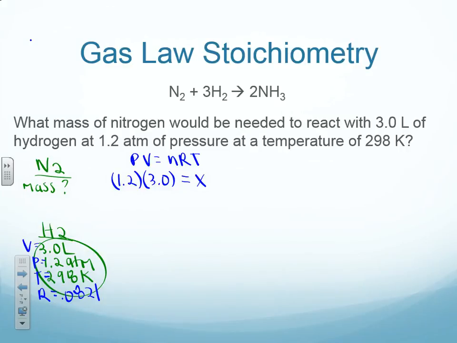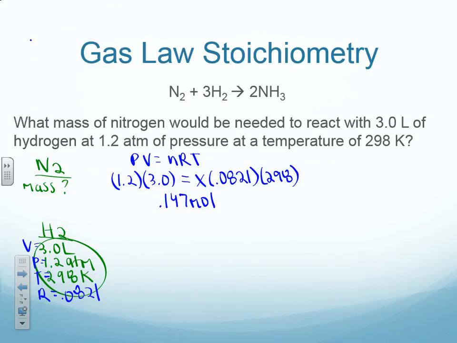We are trying to figure out how many moles so that we can do stoichiometry to get to mass of nitrogen. R is 0.0821, and the temperature is 298 Kelvin. Let's leave the units out because that sometimes throws students off. Okay, so I'm going to go ahead and solve this. And I got 0.147